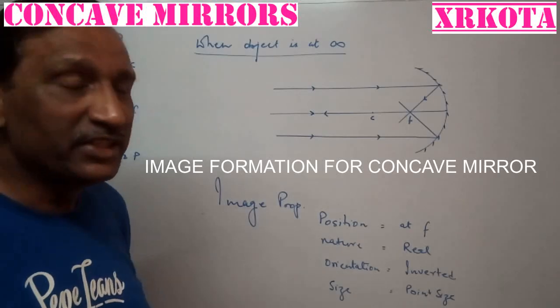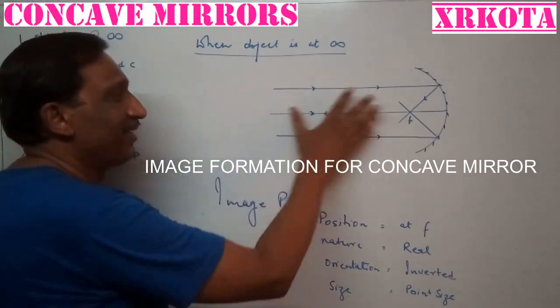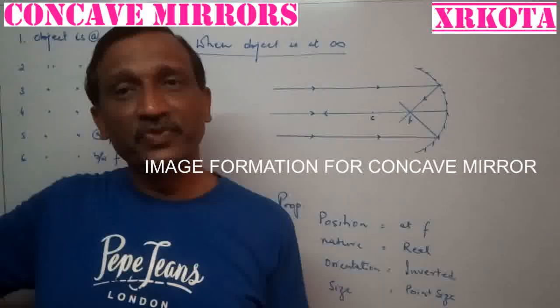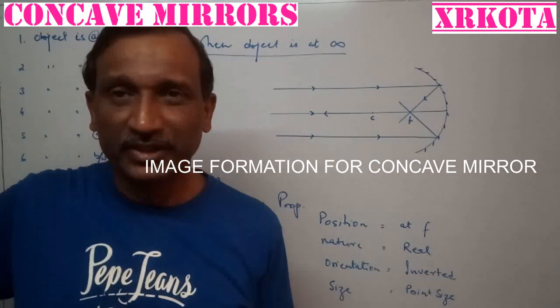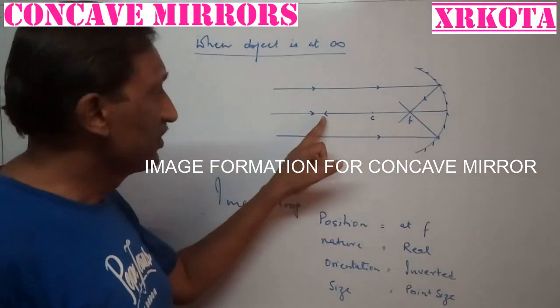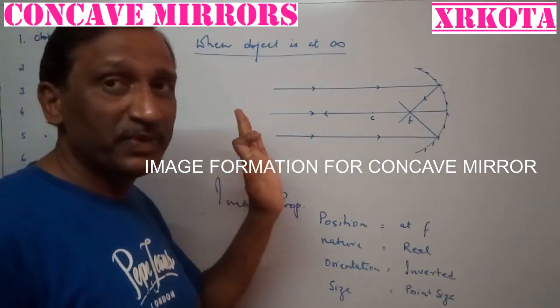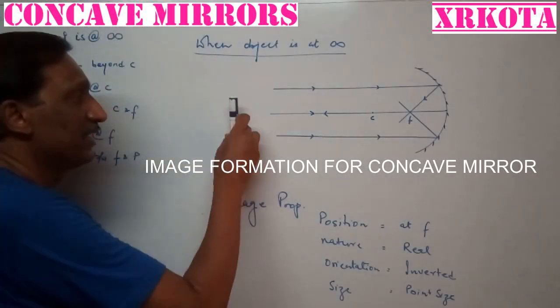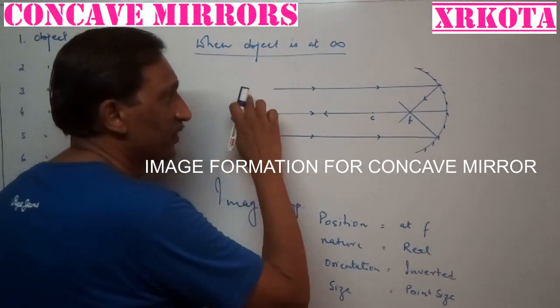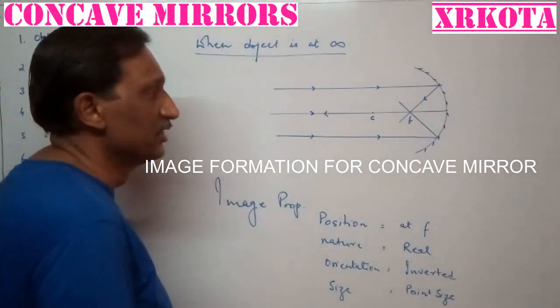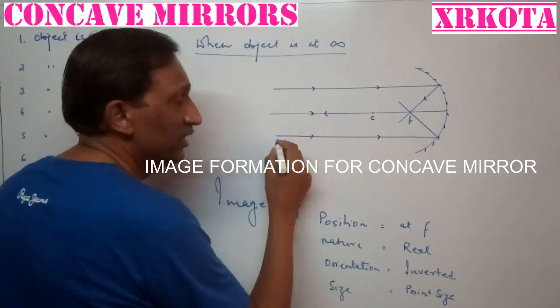When the object is at infinity, all the rays run parallel to the principal axis. When the object is very far, that is beyond 2C, double of the center of curvature, so double of center of curvature is only here, all the objects which are placed beyond that are considered to be at infinity. And when the object is kept at infinity, all the rays are taken to run parallel to the principal axis. So we have studied what the laws say.